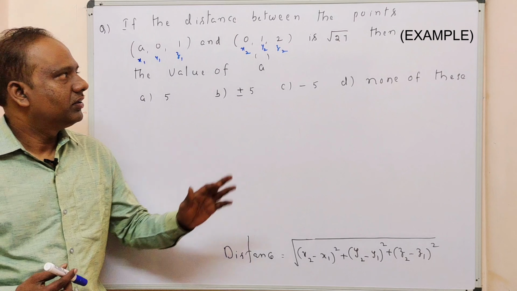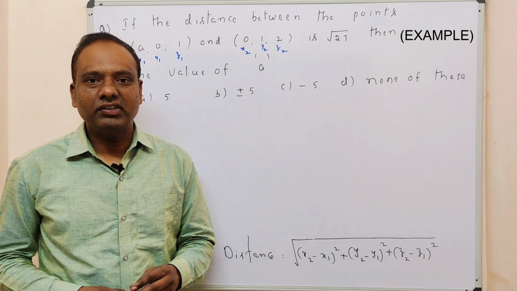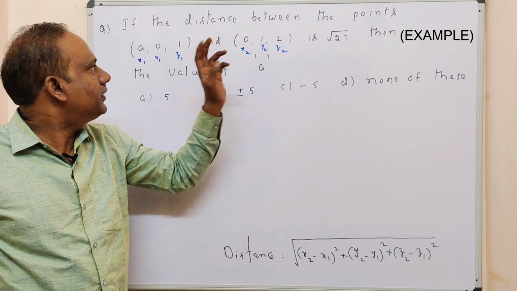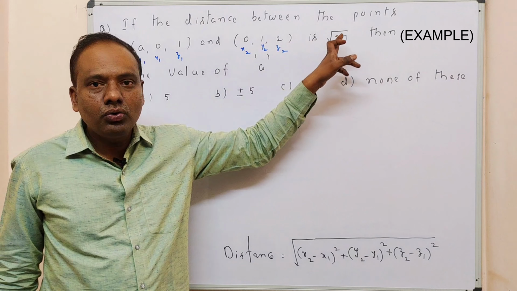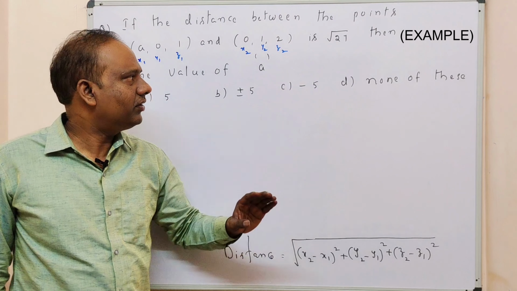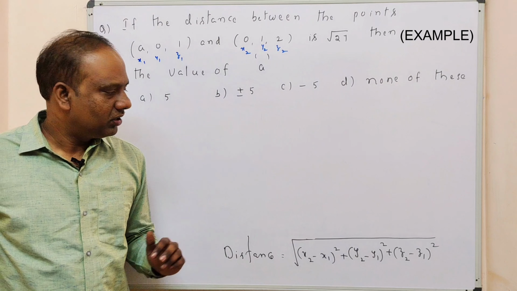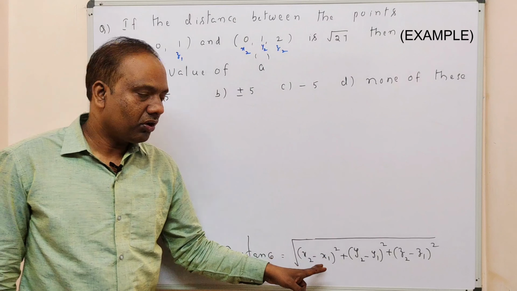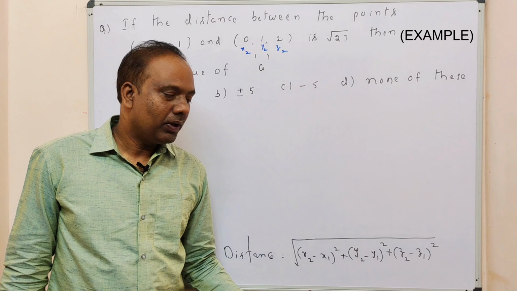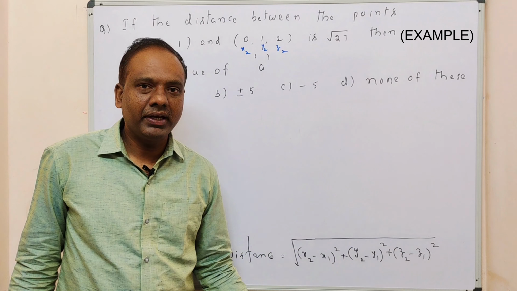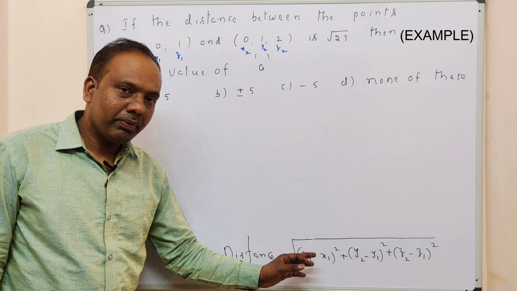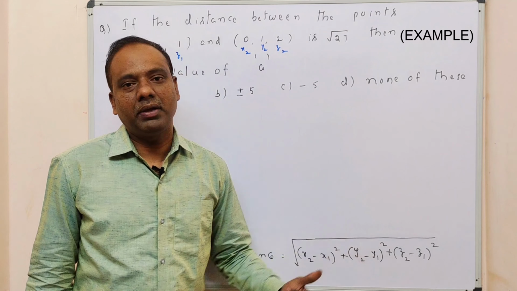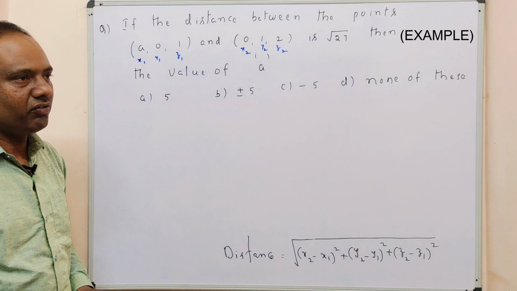So okay, this question is also important actually. Here, the distance between the 2 points is root 27, already they have given. Then here we can calculate the value of a, and before that actually the formula: distance between the 2 points is equal to the square root of (x2 minus x1) whole square plus (y2 minus y1) whole square plus (z2 minus z1) whole square, or you can take (x1 minus x2) whole square, (y1 minus y2) whole square, (z1 minus z2) whole square, also the same. Both are the same actually. So you can use any one, no problem.